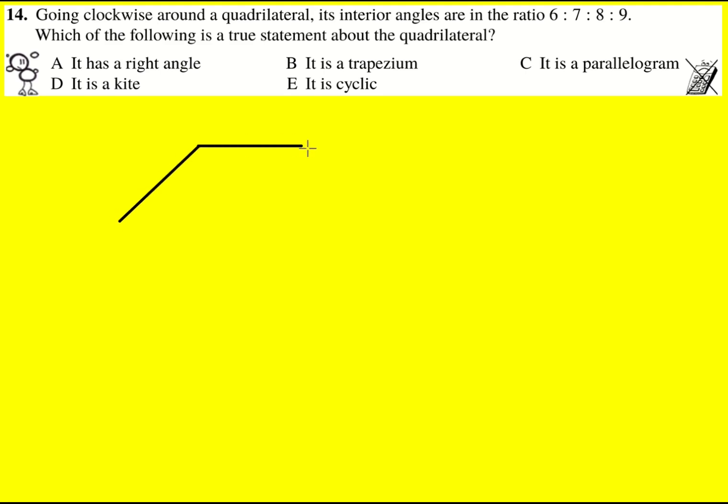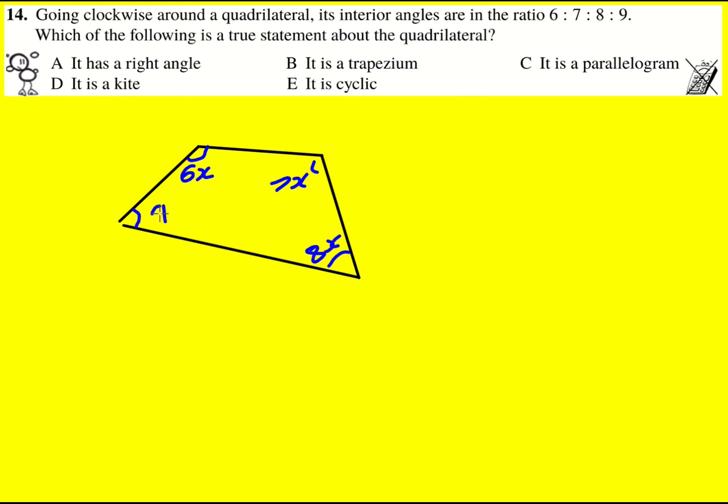I'm going to draw a general quadrilateral to start with. It's not going to be drawn accurately or anything, but from here I can write down some of the angles. So going clockwise, we're going to get the interior angles in this ratio. I can just say that I'm going to multiply them all by x to get the actual angles. So 6x, 7x, 8x, and 9x, because that gives me enough information to be able to work out what